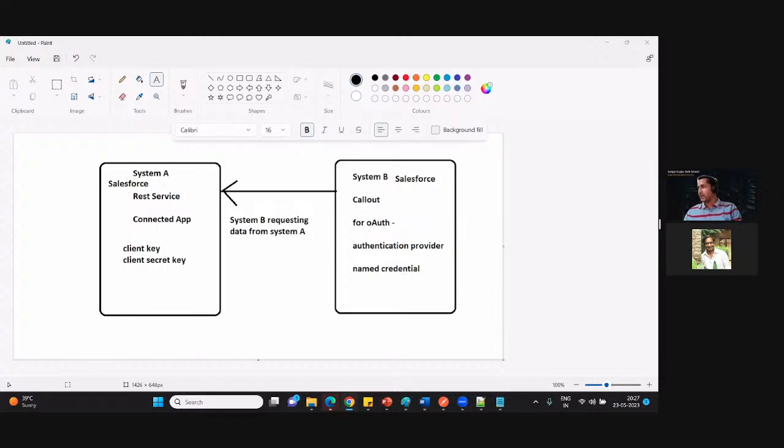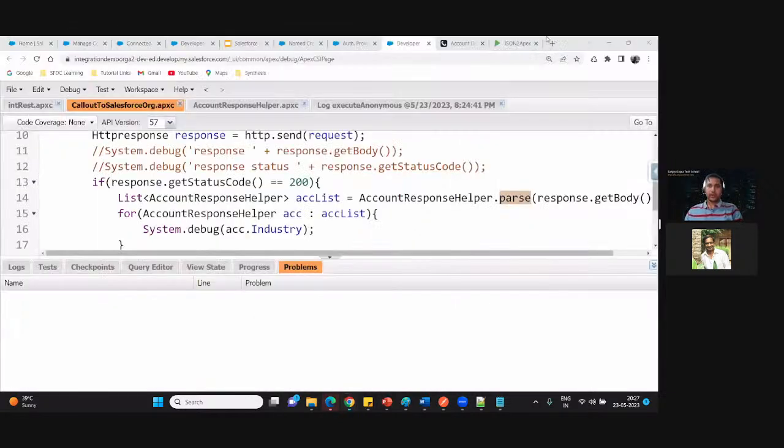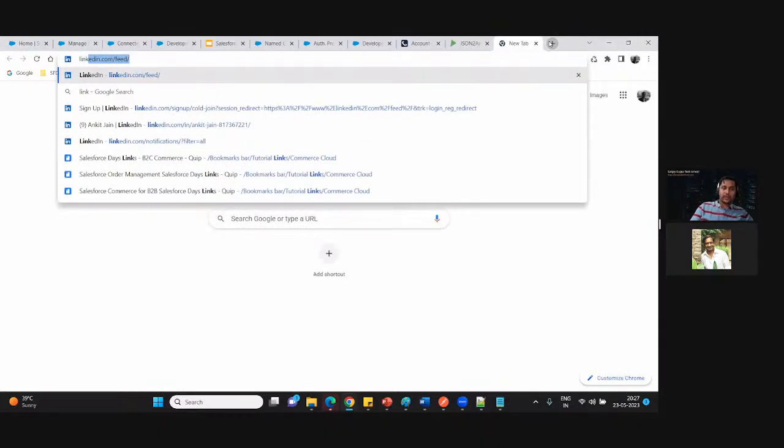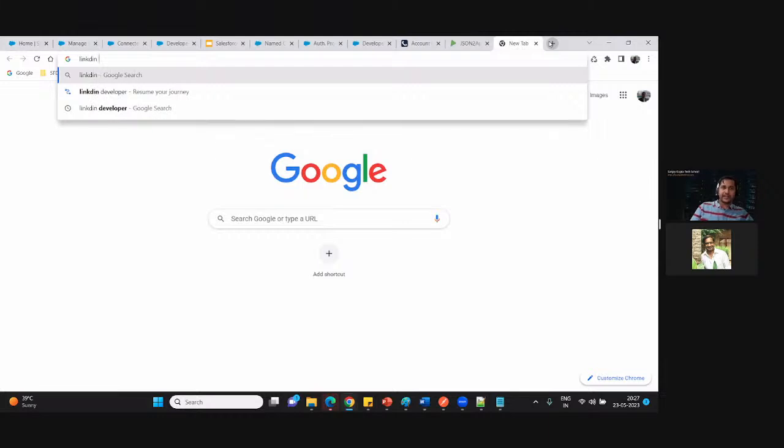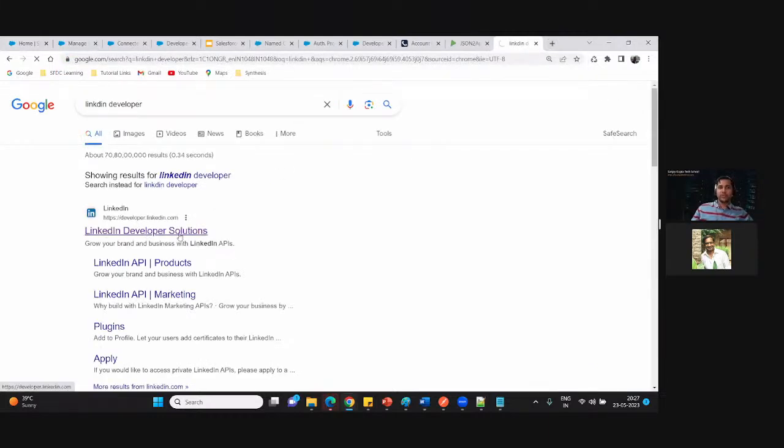Okay. What if we have system B as a non-Salesforce system? What additional things need to be configured? Again, no additional things. For example, if you have to make the integration with LinkedIn, what you will do is search for the LinkedIn developer site. Here also you will do the same thing.